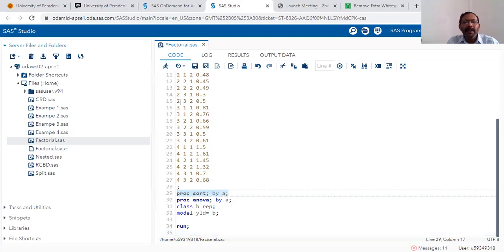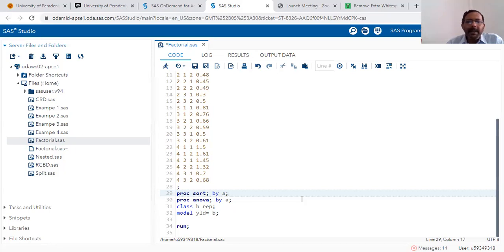Because A is already sorted. But B is not sorted. If I go along with B, then B has to be sorted. In this case, A is already sorted, so that command is not necessary. So proc sort by A. Then proc ANOVA. We are producing ANOVA separately for each level of A. How many levels are there for A? For A, there are 4 levels: A1, A2, A3, A4. So 4 ANOVAs will be produced. I will show you later. So proc ANOVA by A,